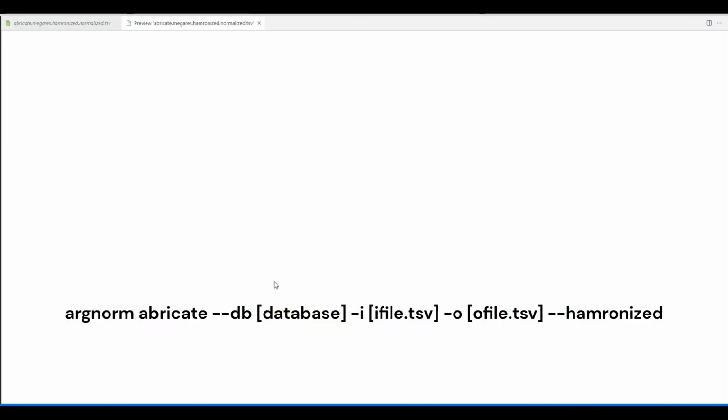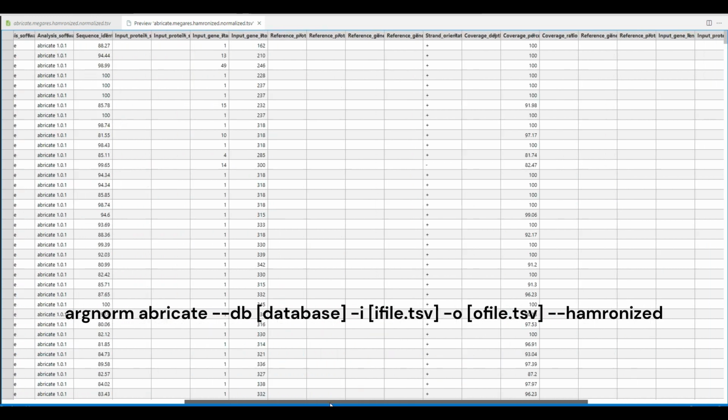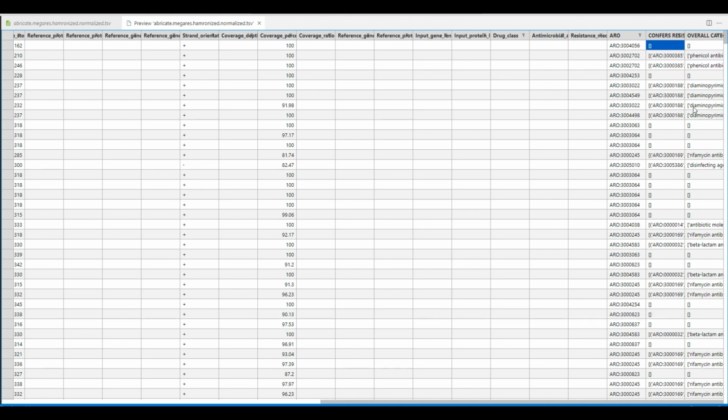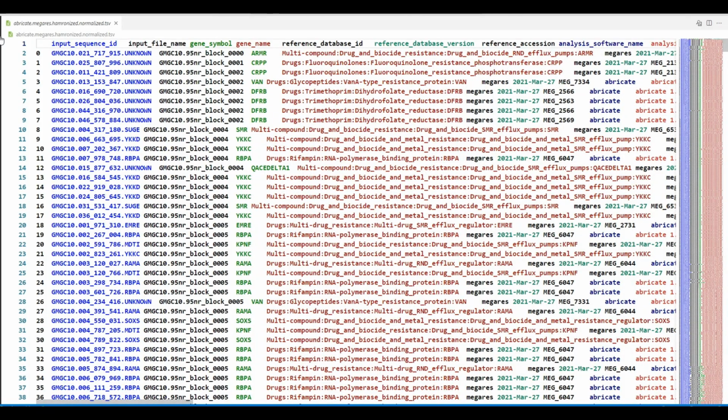And if I go over here, we can see the ARO column with different ARO numbers. And so that tells us that the normalization to the ARO was successful. We also again have the confers resistance to drug class and overall category of drug classes columns as well. We'll just get to that in a second. Okay, let us now maybe